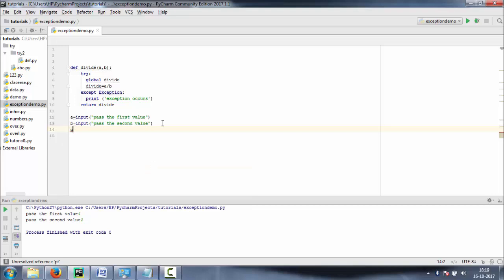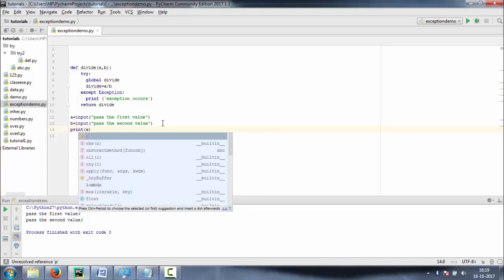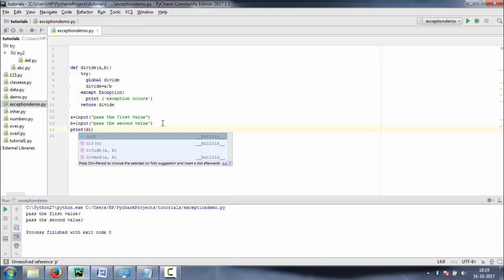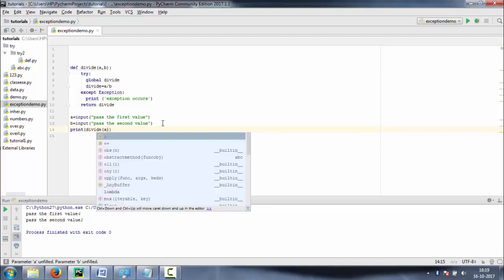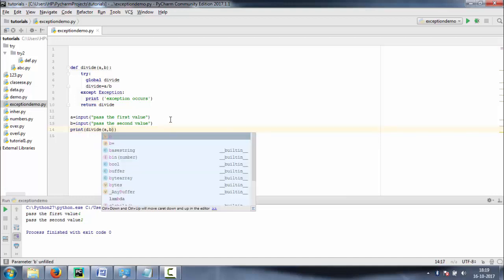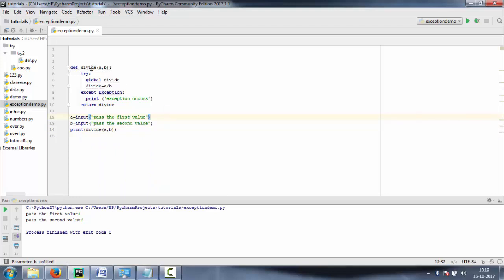Now let's print a divide b. I am passing such inputs to this divide method and then printing the value it returns. Pass the first value, I am passing 10, and the second value, 2. It will print 5.